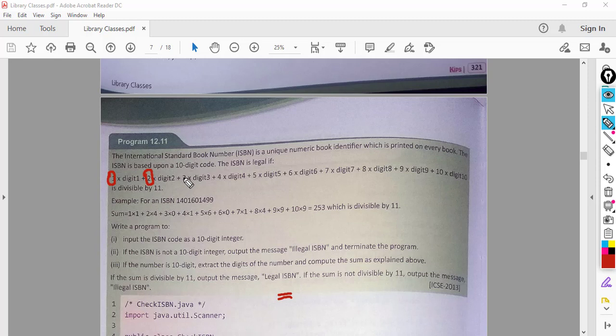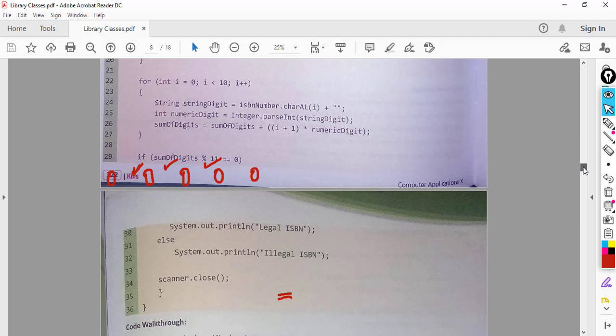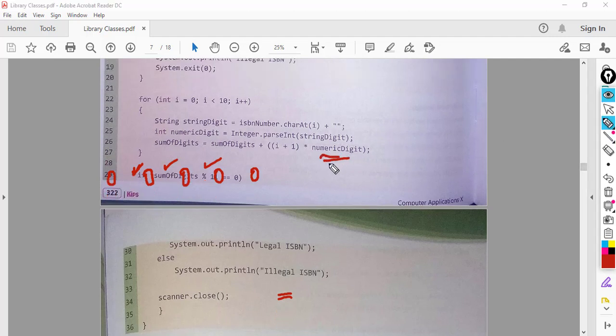In the third iteration, I value will be 2. So 2 plus 1 will give me 3. So all these values I am getting by doing I plus 1. And of course we have the digit 1, digit 2, digit 3 in the variable numeric digit. So this is the logic here.